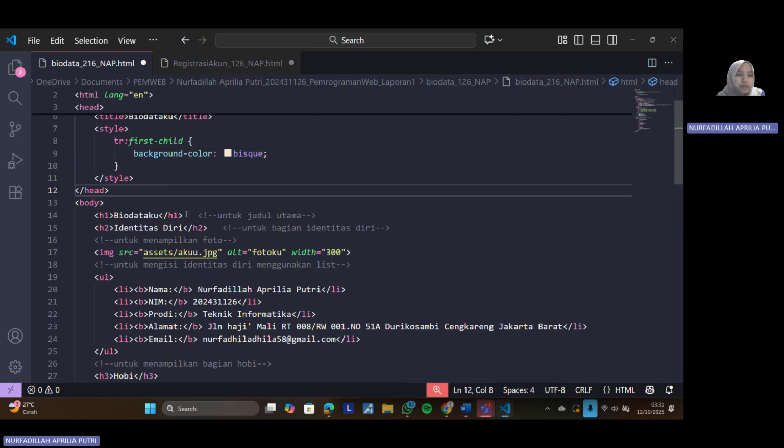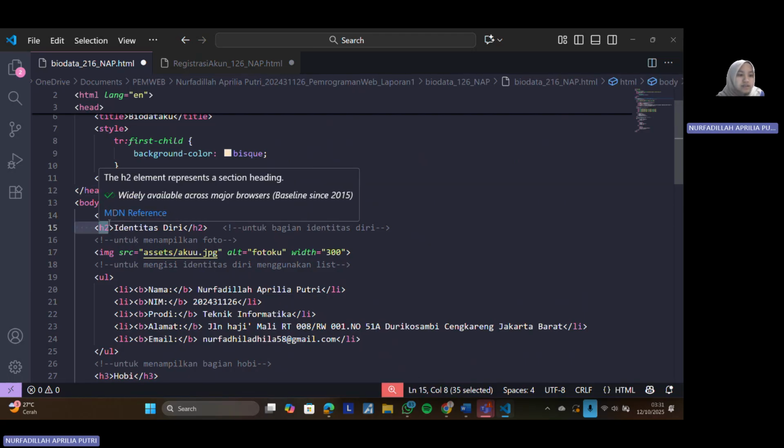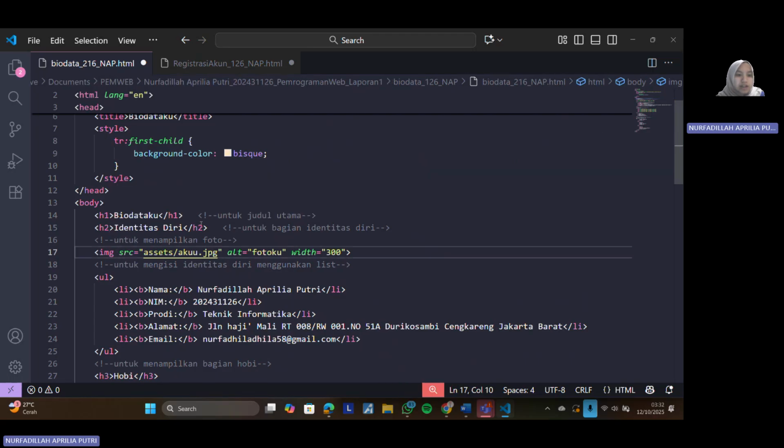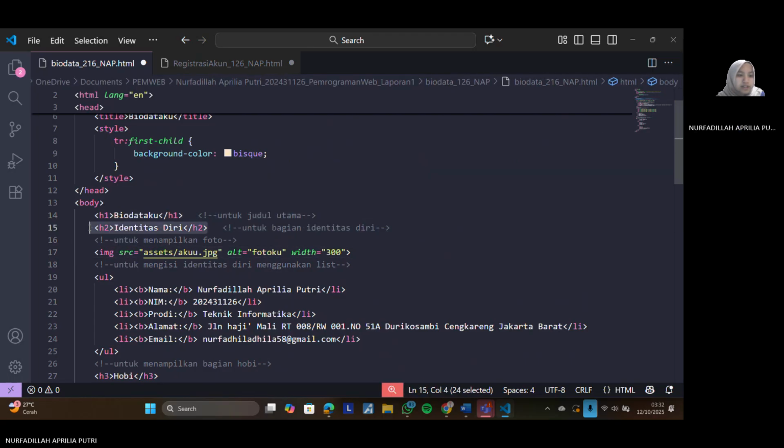The first we have this. So this is the main heading of the page. And this is a subheading. Under this heading, I show my picture using this. So this image has 300 pixel width.